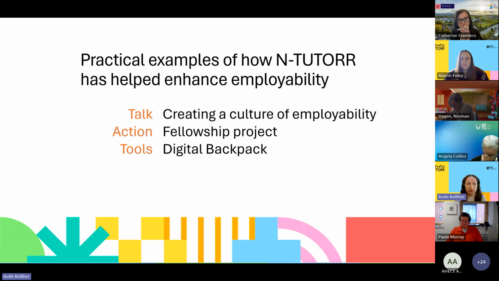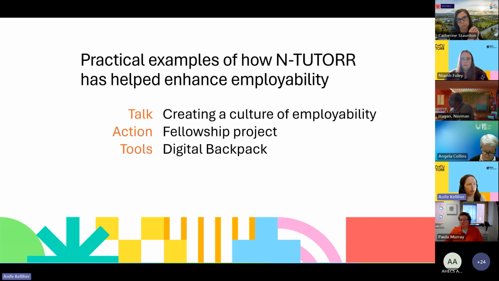So I'll share some of those ideas with you, and it might be an opportunity for you to take something new on in your own university or institute, or perhaps acknowledge that maybe that's something we should be sharing out, that you might have a good idea also to share. And that's been a key part of the TUTOR process, that collaboration, and the sharing of good practices and ideas has been really helpful.